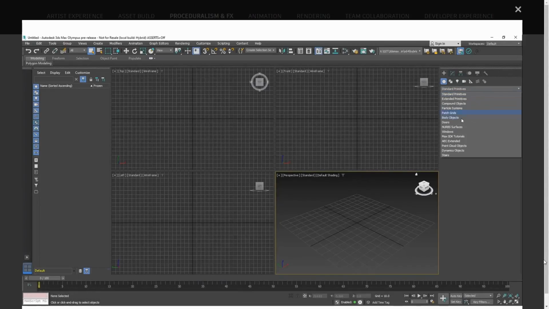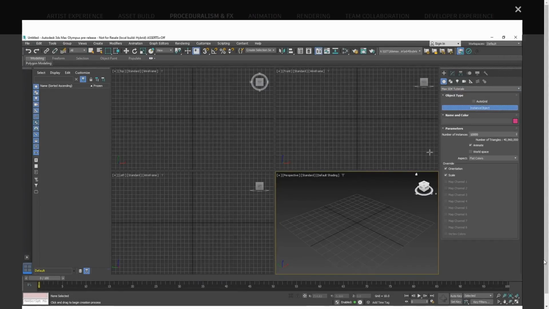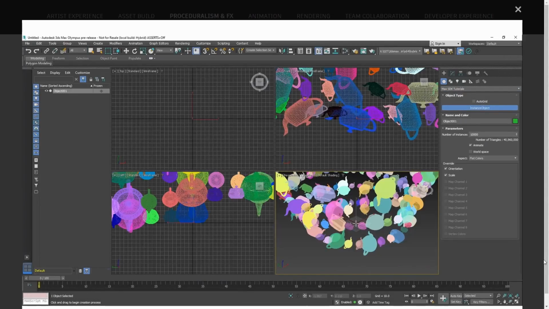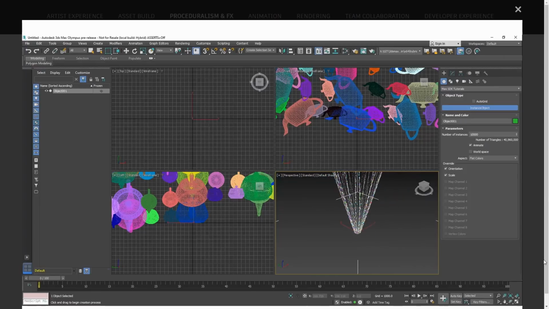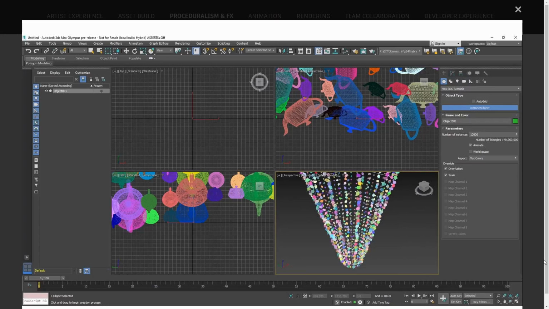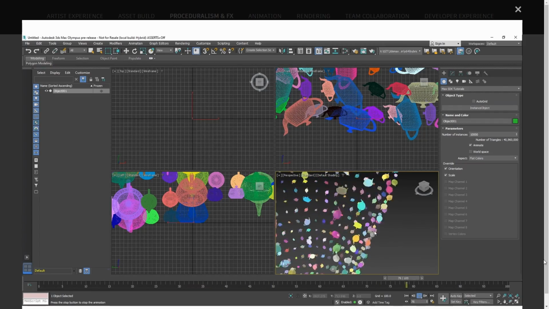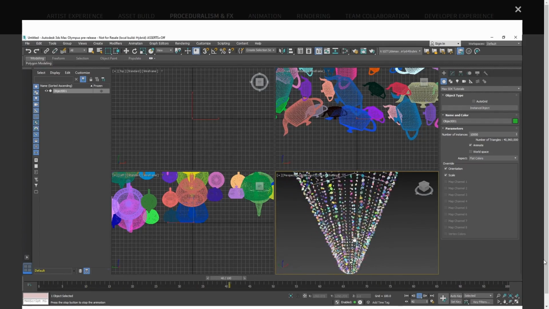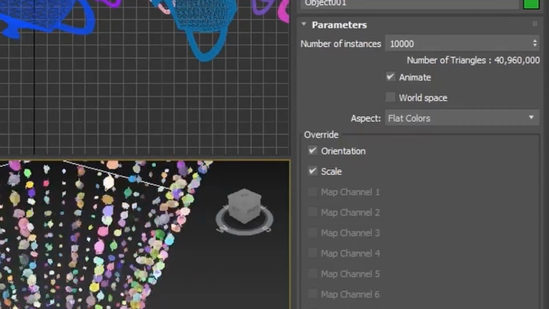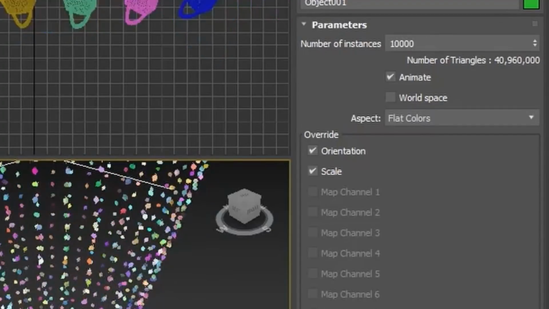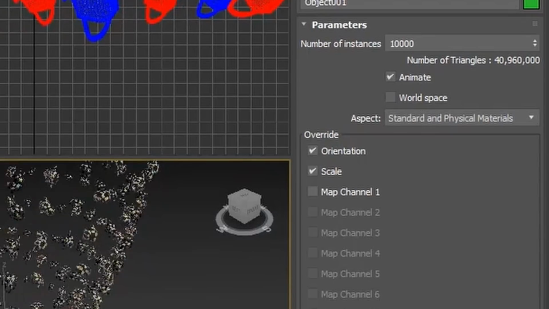On proceduralism and effects, in the future we have the Viewport Instancing API. Finally, we have a built-in feature inside 3ds Max to do instancing in the viewport. This will make it way easier for developers to use efficient instancing in the viewport without needing to do their own thing. What you can see in this video is just an example of the implementation of the API, but you can see that it's moving 40 million polys with animated objects and it's doing it in a very fast way. I think a lot of third-party tools will be able to make use of this.